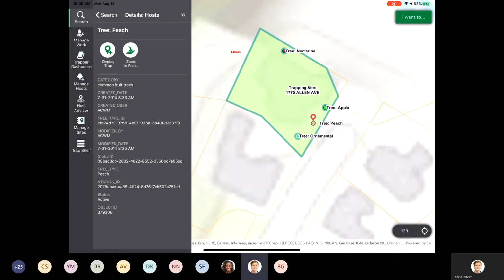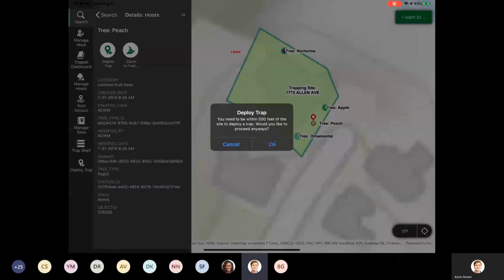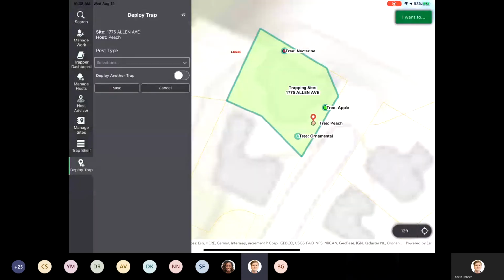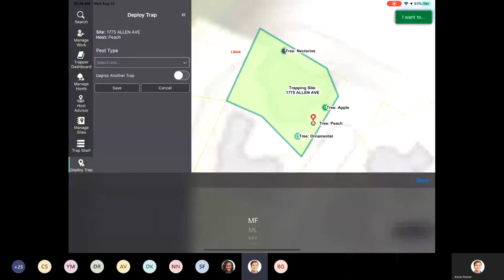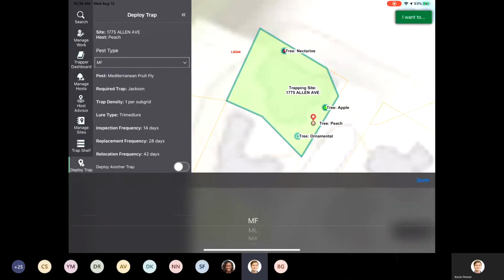So I'm going to click on deploy trap, and it says, again, I'm going to dismiss the service warning. And when I click on the pest type that I want to deploy a trap for, I get a list of pests at the bottom. These are all of the different pests that are currently part of my route. I've got medfly, melonfly, Mexican fly, and oriental. So I'm going to pick that